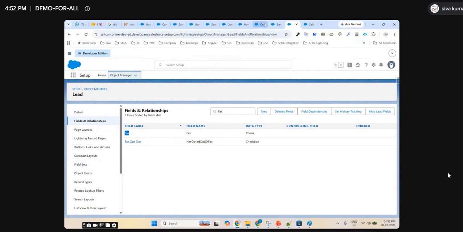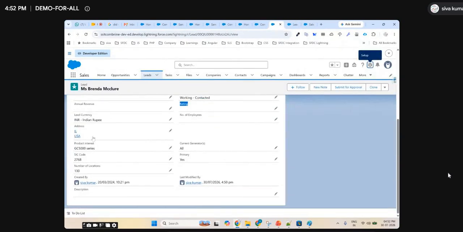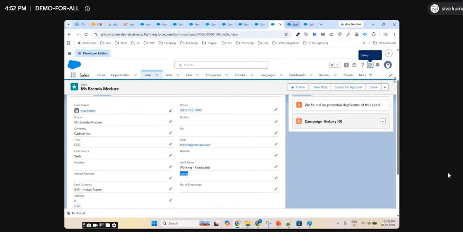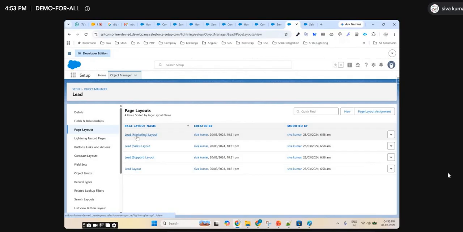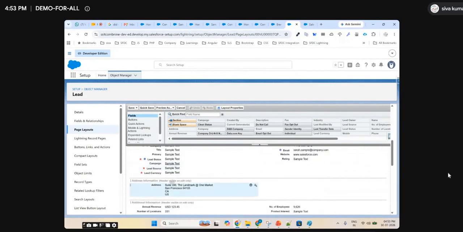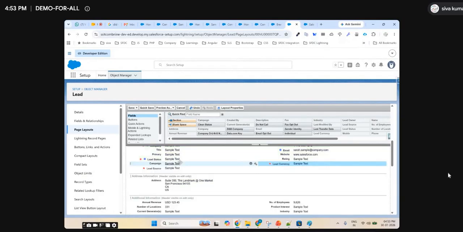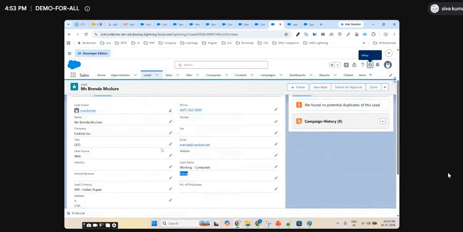And see here, you're seeing that layout, right? How the fields are arranged here. So it is also like standard fields. If I go here and click page layouts, that structure will come here. You can rearrange those fields, the order in this layout. It is not fixed. You can configure that also.